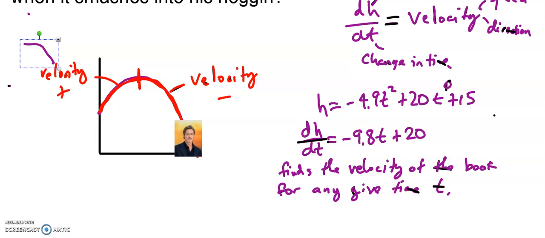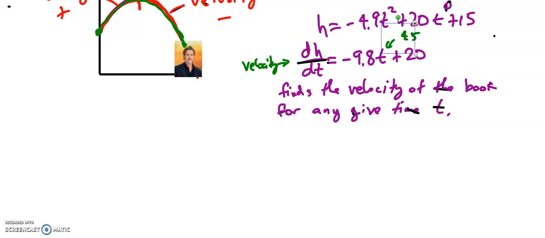So it basically is saying in this problem that it takes 4.5 seconds to go from the beginning up and then down and hit me in the head right here. Okay? So I can use this equation. If dh dt is my velocity, I can plug in 4.5 for t here, and that would find the velocity when that book hits my head. Now, does it make sense that the book's going to be hitting me on the way down, so I should have a negative number for my velocity? Well, let's check it out. If I plug in 4.5 here,